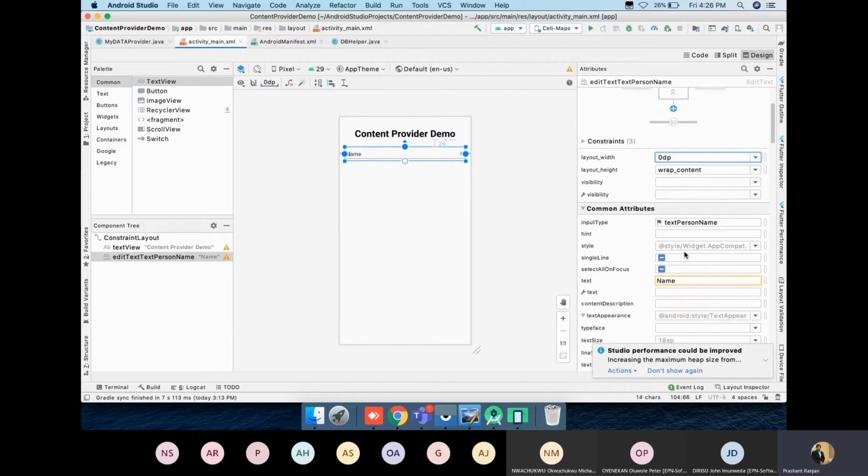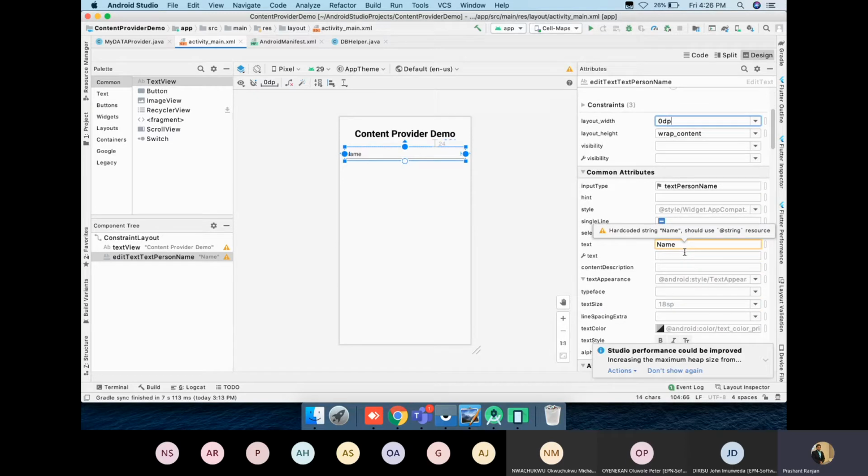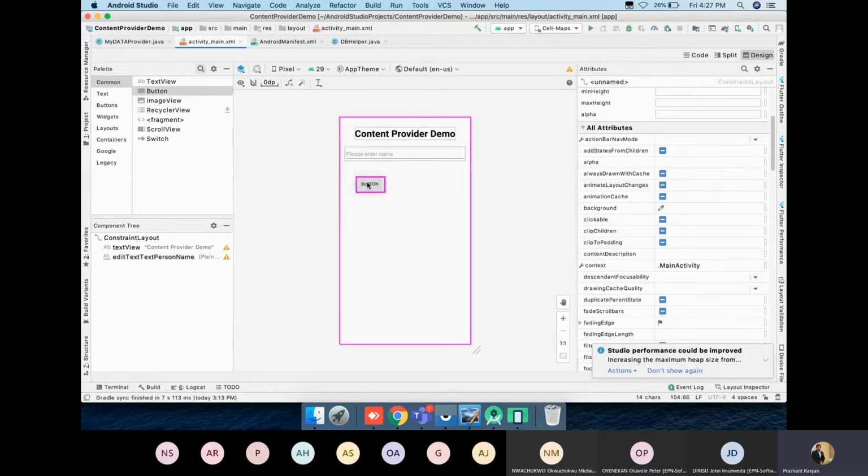Right now we will not be talking directly with the database. Instead of that, we will be talking with my content provider. So please enter name.